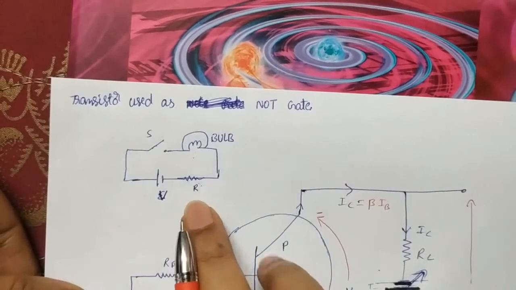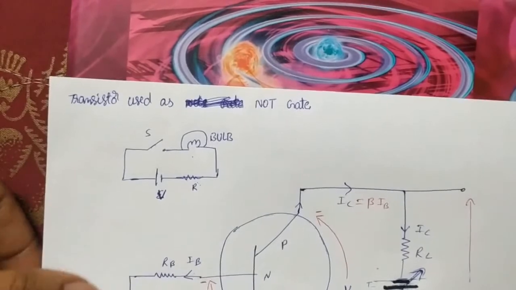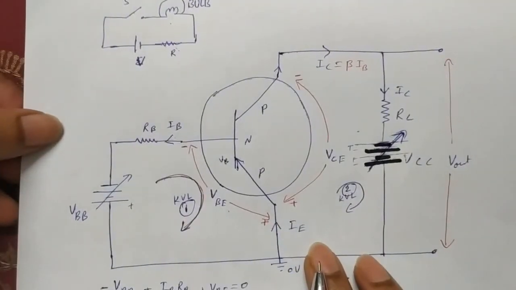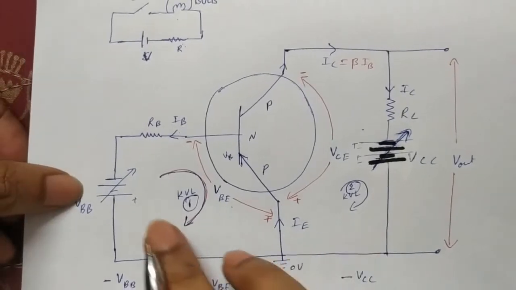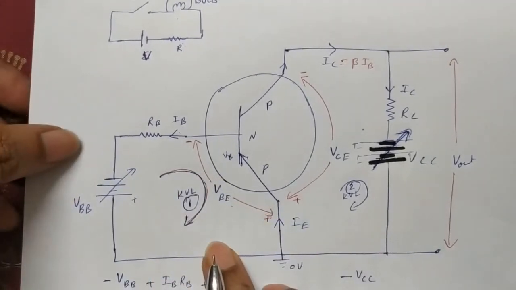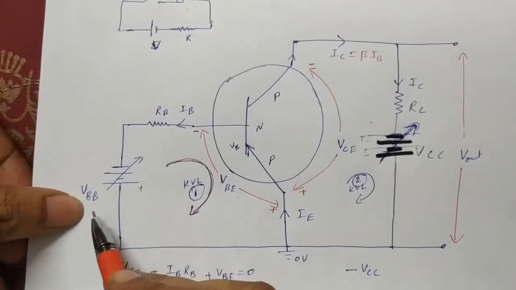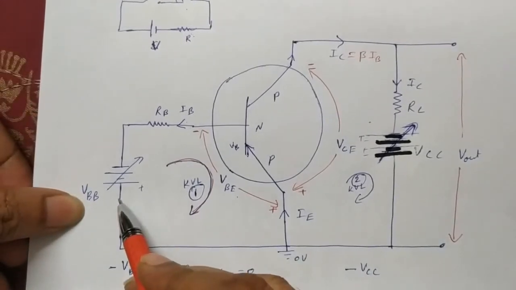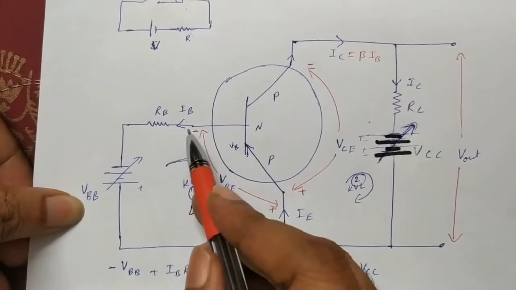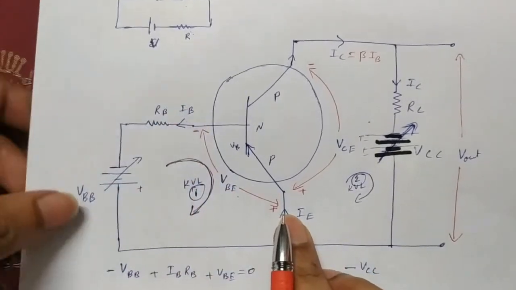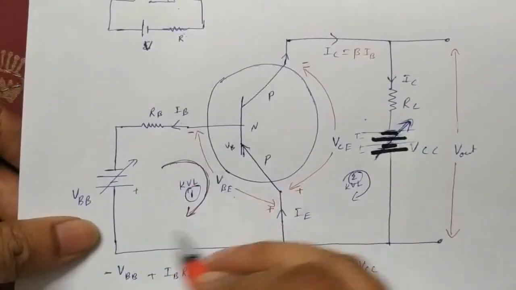Using this concept, we can check whether this transistor is in the switch-on position or the switch-off position. First of all, we'll see about the input. We are trying to apply Kirchhoff's voltage law. Otherwise, you can take it directly. Whatever potential VBB is applied will be shared between the resistor and the transistor, some part across each. This is the first loop we can think of, and this is the second loop, the output.